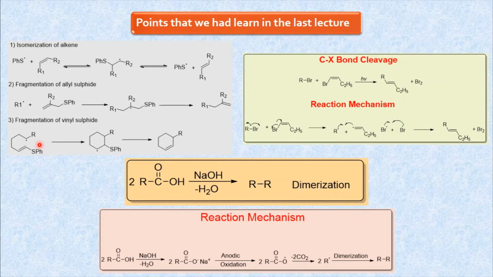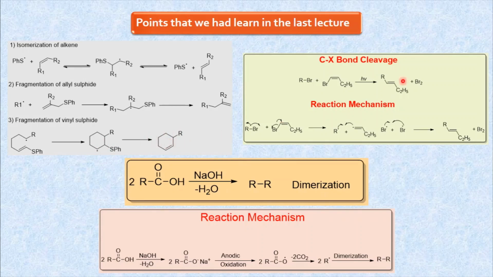Then again in the last lecture we had learned the fragmentation of vinyl sulfide. So this R radical generated from your alkyl halide will get this CH2 radical. Then this CH2 radical reacts intramolecularly with this carbon-carbon double bond. So the formation of a six-membered ring takes place, and you will get this CH2 radical. Then the fragmentation of this vinyl sulfide takes place. This CS bond undergoes fragmentation. Breaking of this CS bond takes place. So you will get this CH2 radical. Then this radical and this generated radical react, and it will form a carbon-carbon double bond.